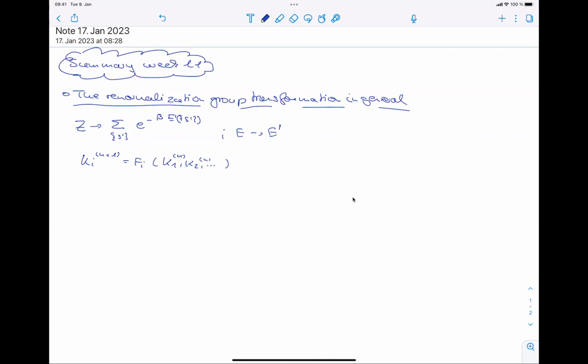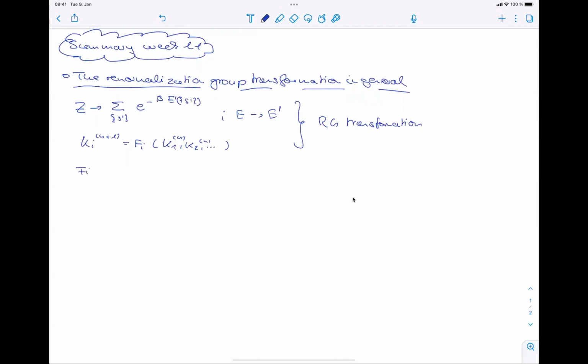So upon performing rescaling once, or n times, and then for the n plus 1 time, there's a function that maps the system parameters onto the next system parameters, and that defines our renormalization group transformation. Now, with this in mind, the idea was to study the fixed points, which are defined by the points where the parameters map onto themselves. So now this function maps exactly those